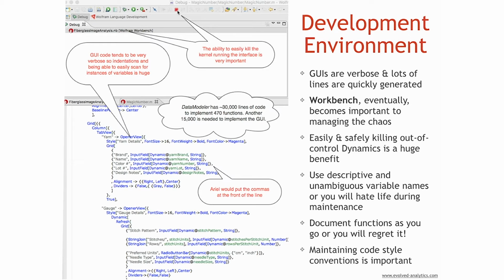Just to give you an idea of where we're at scale-wise, Data Modeler's 30,000 lines of code. The GUI is another 15,000 lines. There's a lot of functionality there, but it's just natural. It's still more verbose. I'd also go for coding conventions and lessons learned the hard way from my image analysis stuff. Document as you go, because